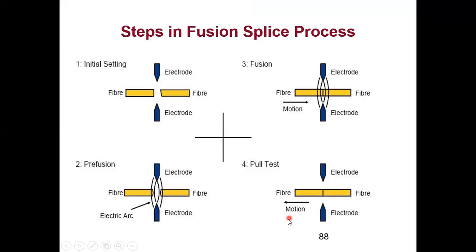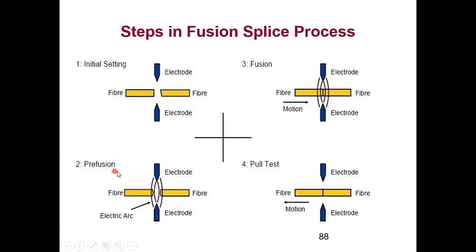Now this is the figure which is given in your book for steps in fusion splicing. So there are 4 steps. First step is initial setting. So what you do in initial setting is you align the fiber. Okay, so the fiber is aligned. You cut the fiber. Here they have shown it with this particular diagram, but when you are drawing in your book, if a short note kind of thing is asked, you will draw a 90-degree slope cut. So initial setting is alignment, the fiber end is prepared. And when I'm talking of fiber, this yellow portion, remember it is the core, not the whole fiber. Okay, so this is your first step.